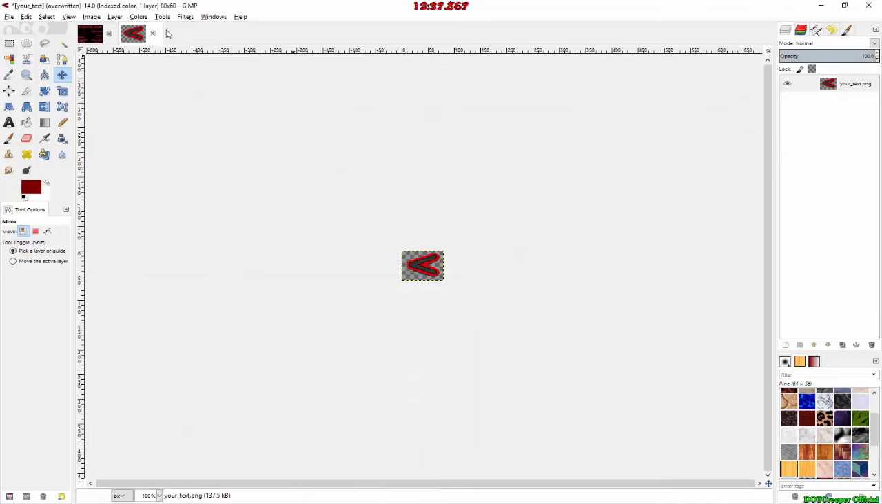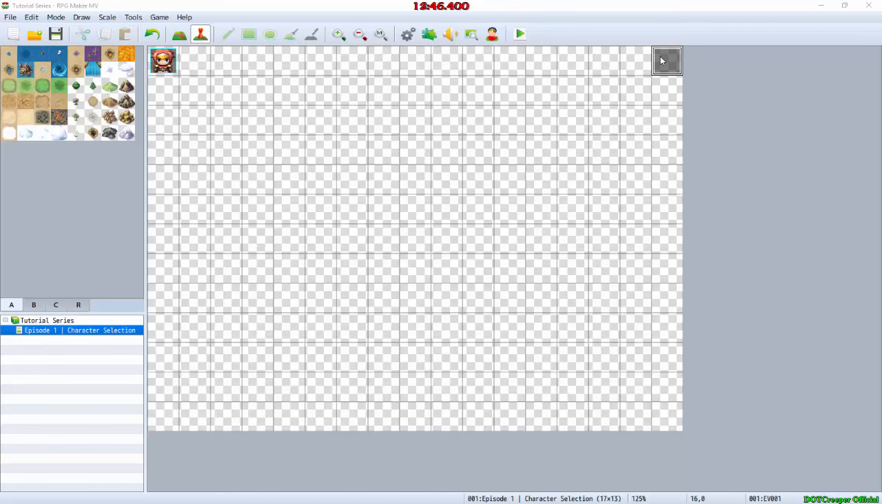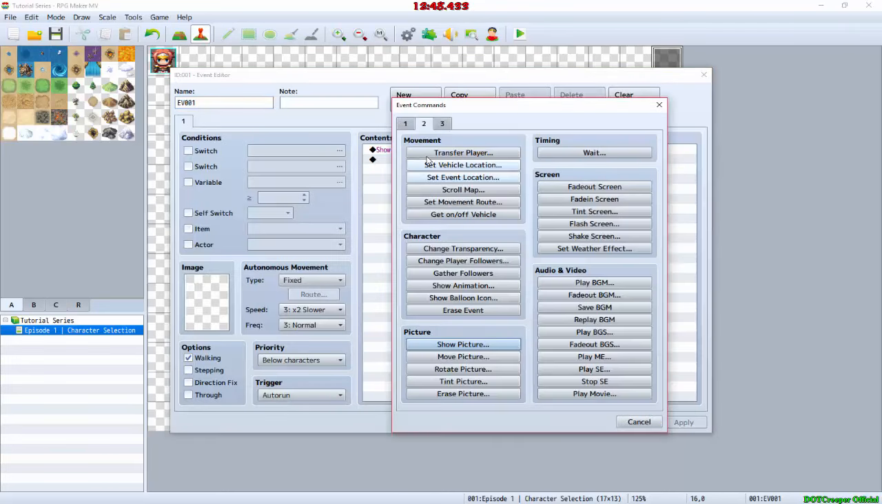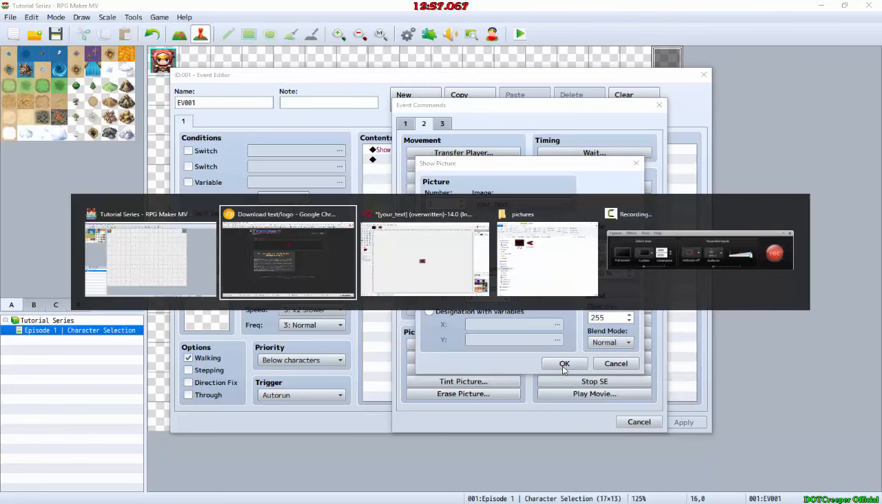And now if we go back, then go into the game, and we're going to go ahead and do this, and now we want to do show picture 2, and we're going to remember that picture 2 is the cursor. So now is the tricky part. We want cursor 2